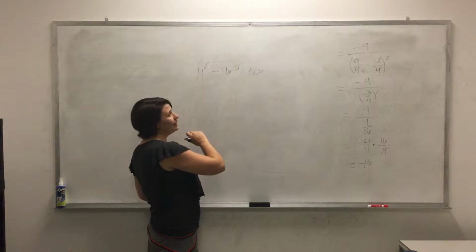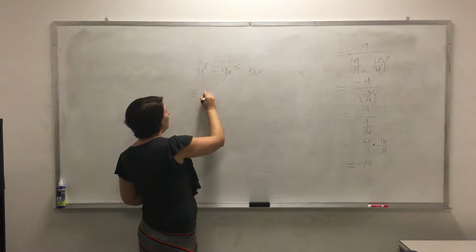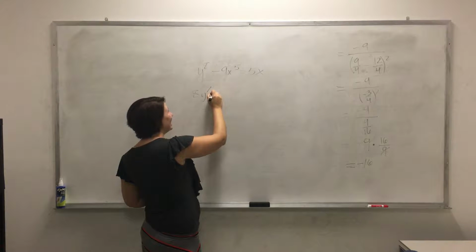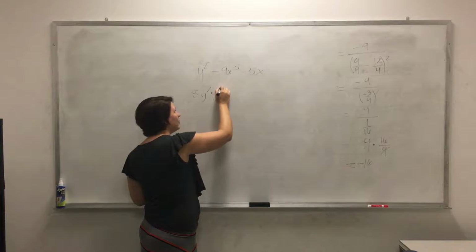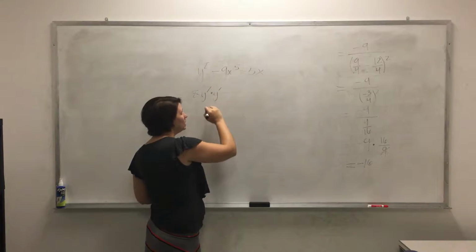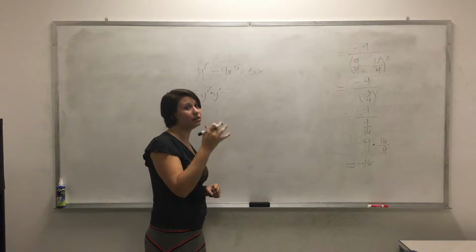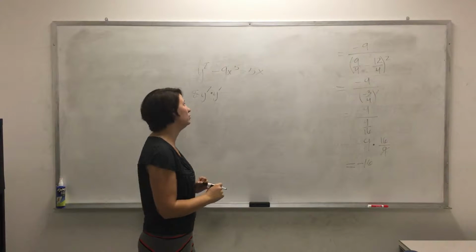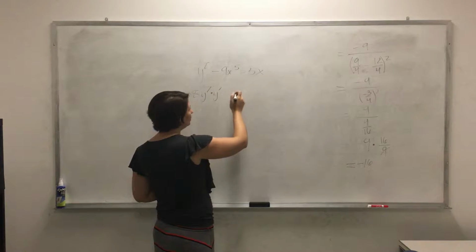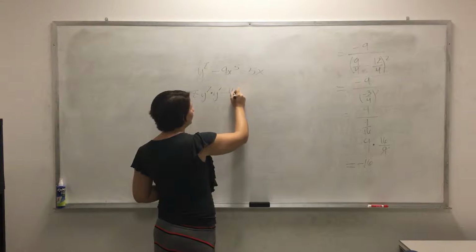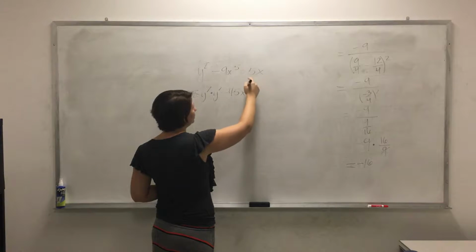The derivative of y to the 8th is 8y to the 7th times the derivative of the inside, or y prime, minus, now we treat x still the same, because this is not a related rate, just an implicit differentiation problem. X is still a variable. So multiply the 5 down, 9 times 5 is 45, x to the, take away 1, so fourth